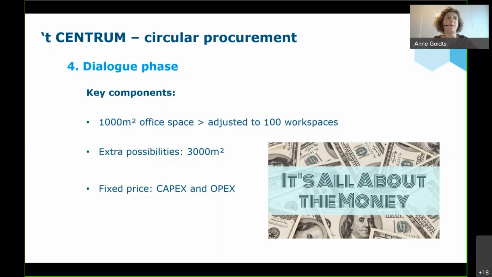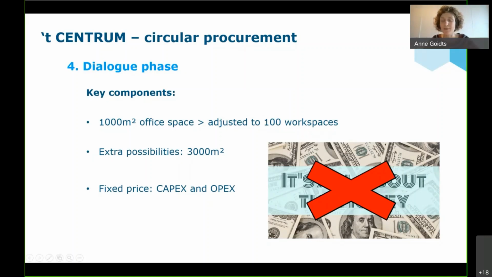And then, very important, there was a fixed price for the capex and the opex. So that means that for building the building, there was 1 million euros, and for the maintaining and energy afterwards is also 1 million euros. So very important that it's not about the money here. It's really about how are you going to do this, and how can we then present something that's really circular,